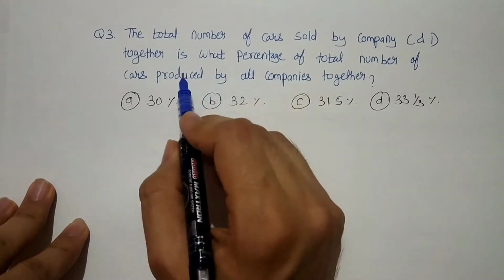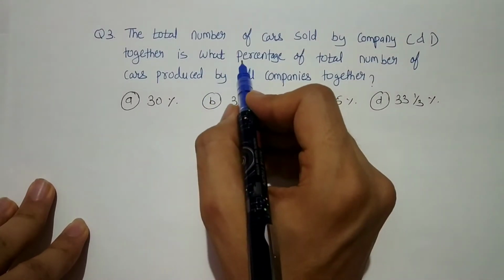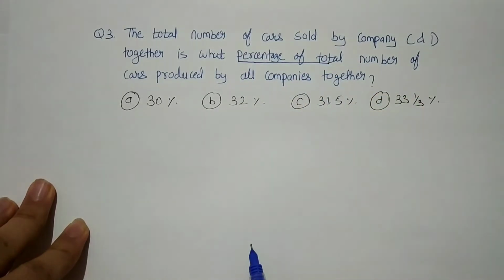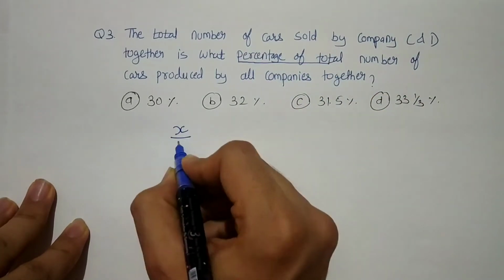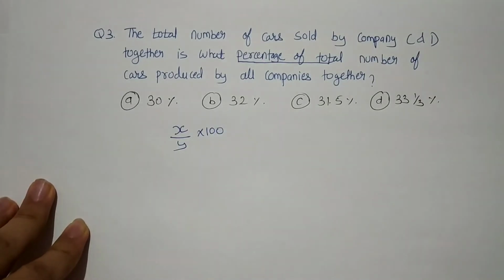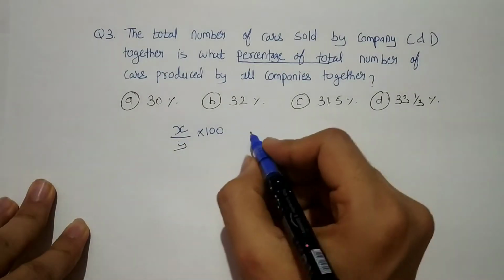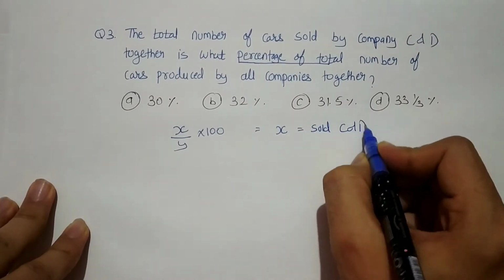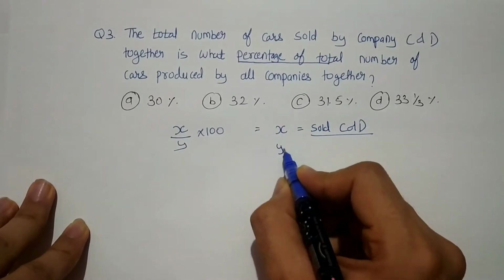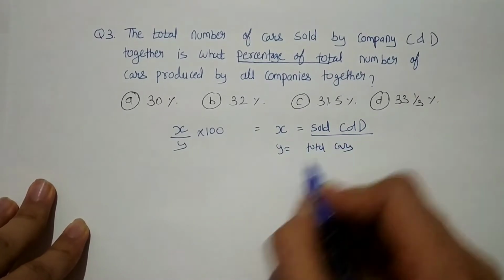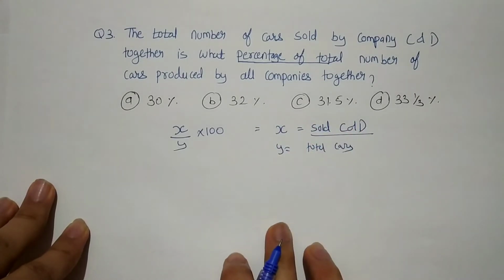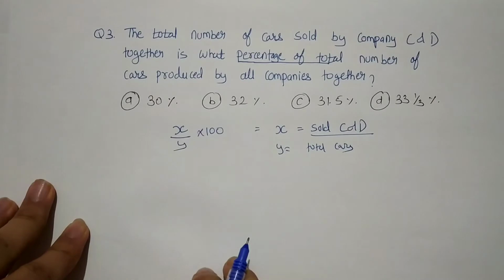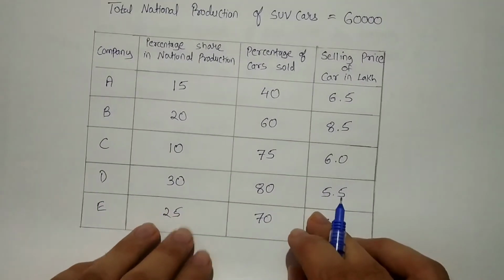So remember friends, in the last video which we made on data interpretation, I told you that whenever you get this percentage of total number, it is in the format of X divided by Y into 100. If you have not seen that video, please see the video. I have given the link in the description as well as in the I button. So X divided by Y into 100. Now what is X value in this case? X value will be the number of cars sold by C and company D together, and Y is nothing but the total cars, right? So we'll just find out the values of C and D cars together, how much the company has been selling. So let's see the chart again friends.